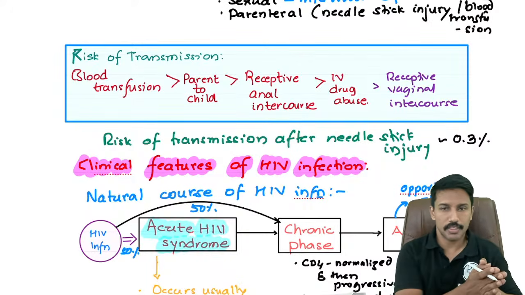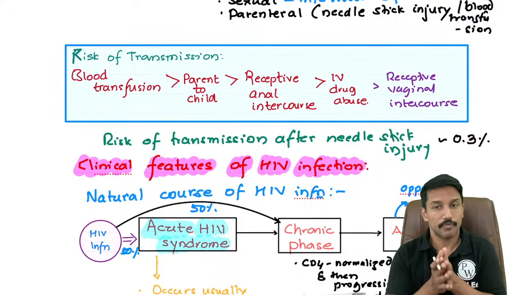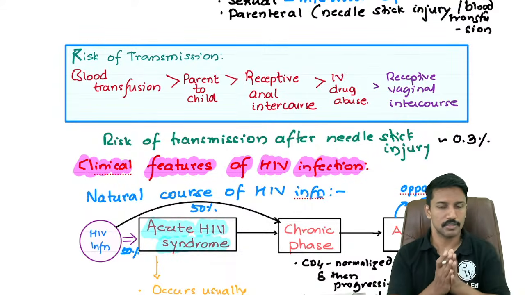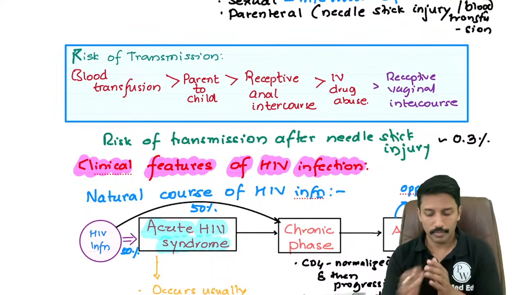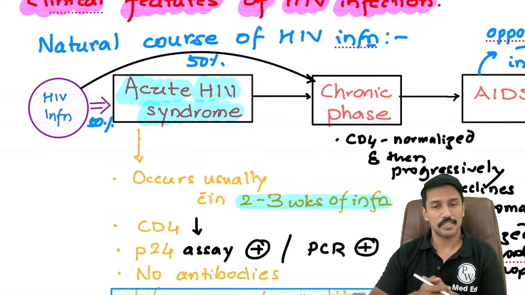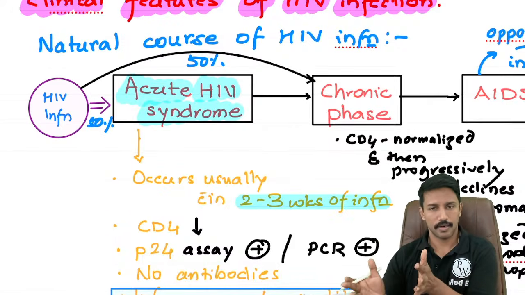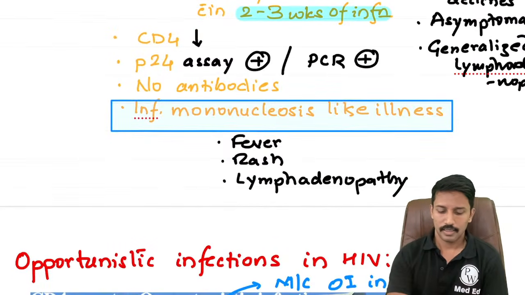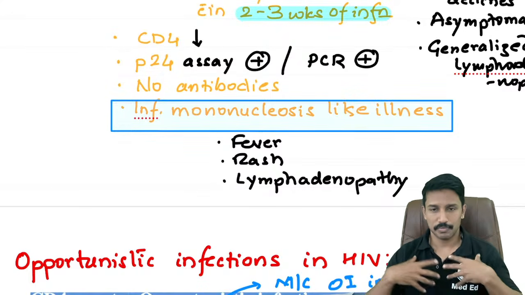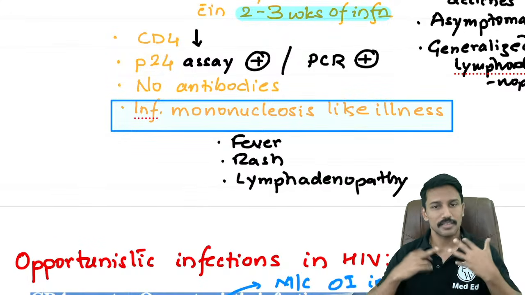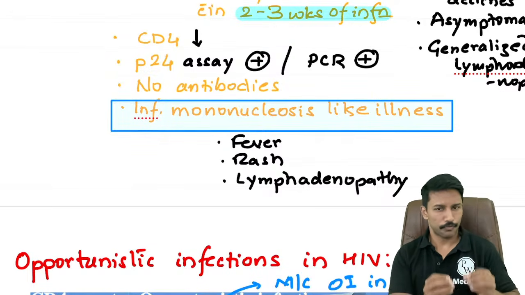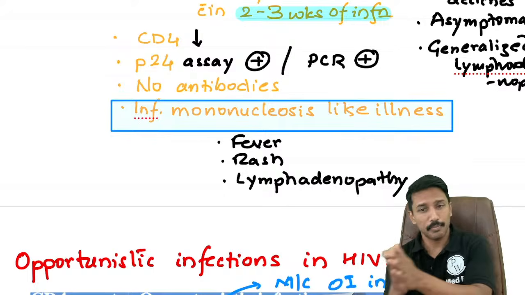Once someone gets infected with HIV, half of the patients develop signs and symptoms of acute infection. Half of them do not develop any signs and symptoms of acute infection. Those who develop signs and symptoms of acute infection are called as having acute HIV syndrome, which resembles any other viral infection, most likely infectious mononucleosis, where patients will have fever, rash mainly on the upper part of the body, and generalized lymphadenopathy, which subsides within a few days to weeks, and then the patient enters into the chronic